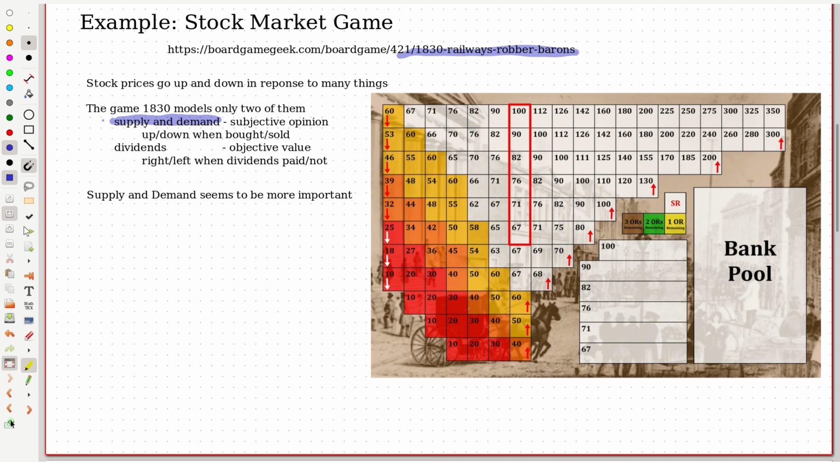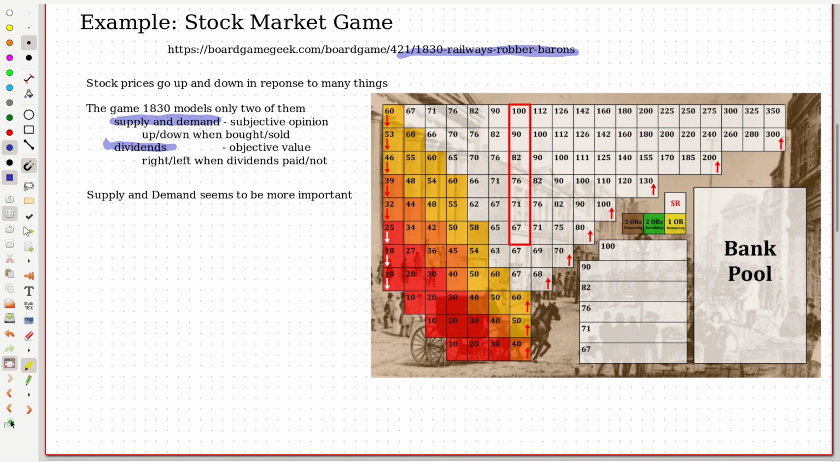And the other thing we're going to model is dividends. So the stock can pay dividends. The company owner can decide to pay dividends on his stocks at certain intervals. He gets to make the decision whether to pay dividends or not, and the stock price responds to that. Typically, if dividends are paid, the value of the stock will go up, and if dividends are not paid, then the value of the stock will go down,